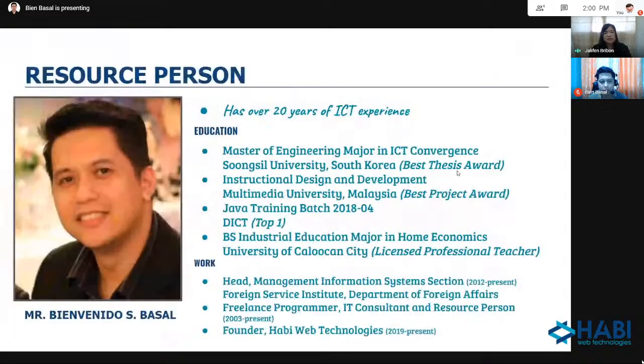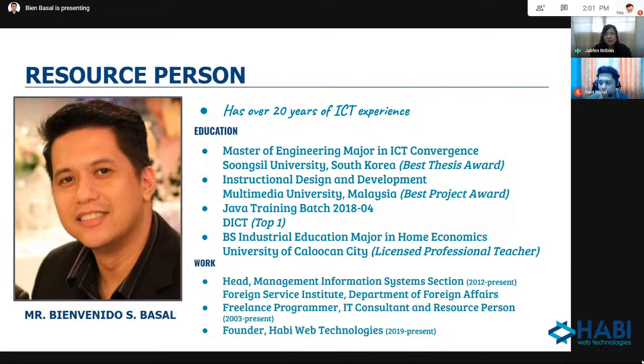He has over 20 years of ICT experience. He started his career as a computer teacher in secondary schools in 2001 and later moved to tertiary level as an IT instructor. He also became the head of the formal education department in Valenzuela City Polytechnic College. He also conducted different ICT trainings in various private companies and government agencies such as Department of Foreign Affairs, Commission on Audit, Philippine Association of Water District, Informatics, STI, Inventive Media, and National Computer Center, just to name a few.